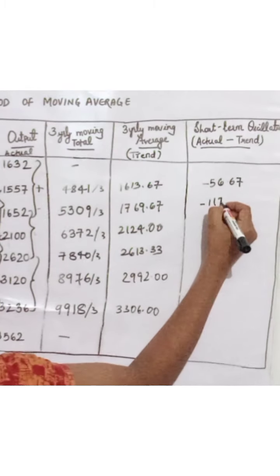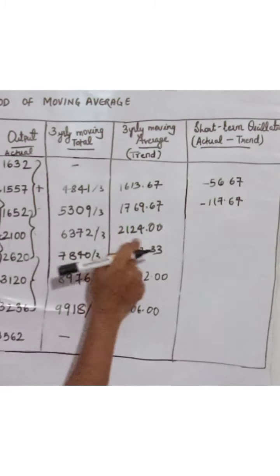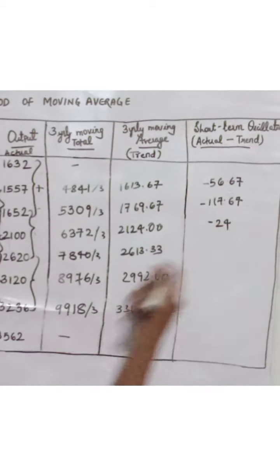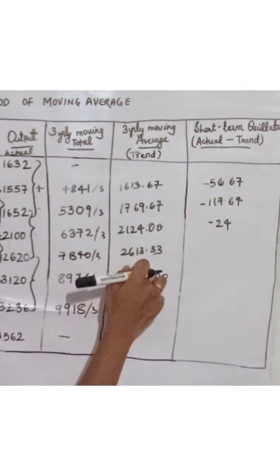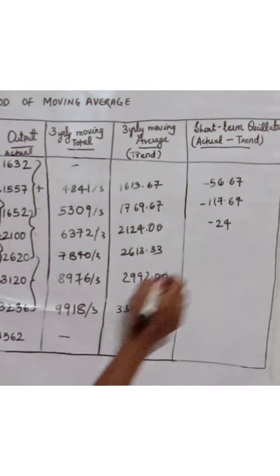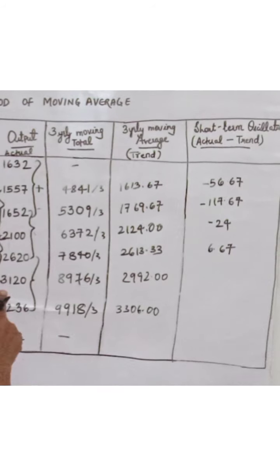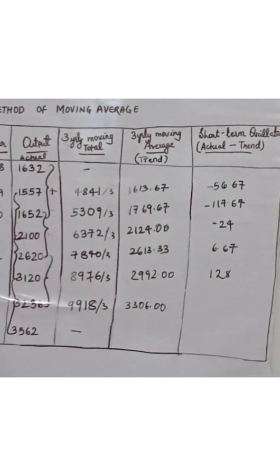Here 117.67. 2100 minus 2124 we get minus 24. 2620 minus 2613.33 we get 6.67. 3120 minus 2992 we get 128. 3236 minus 3306 we get